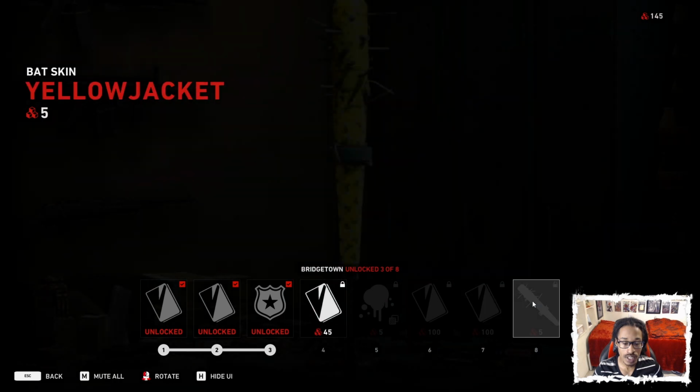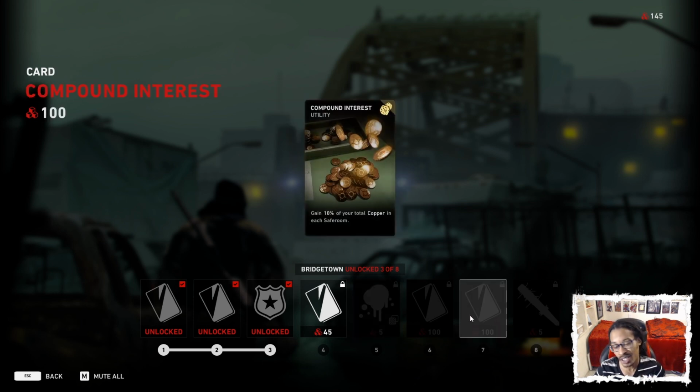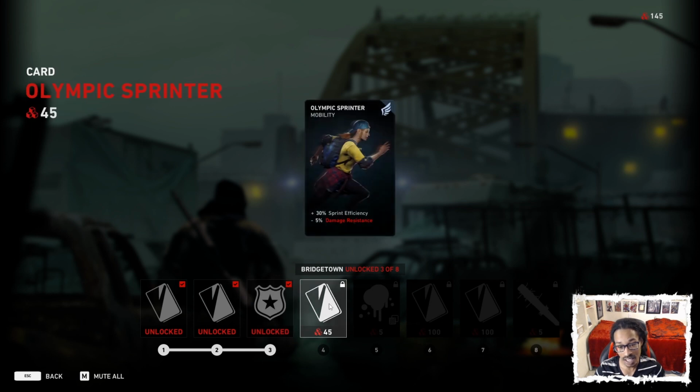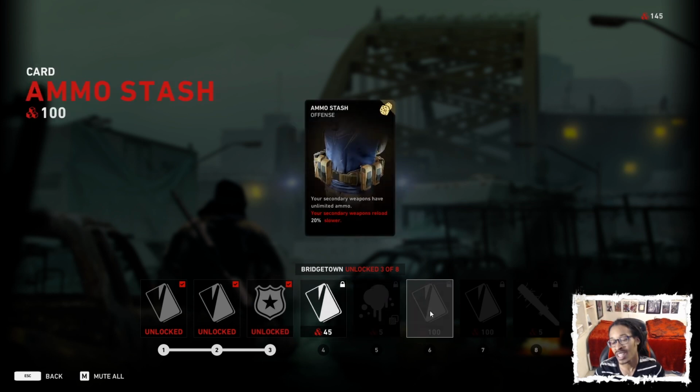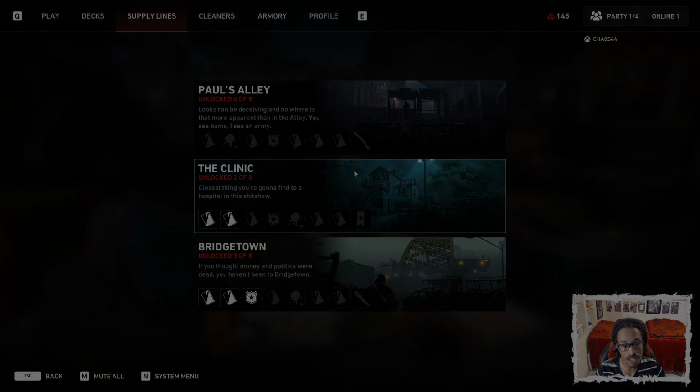So the area in Bridgetown gives you, I want to say, a combination of what you'll need, not necessarily offensive or defensive, but right in between. So let's say, 10% of total copper gain for each safe room. That's something that's gonna happen in between game, as well as sprint efficiency, kind of in between game. But if I'm gonna be honest, something like your secondary weapons have unlimited ammo feels like an offensive thing to me, but like I said, it's a combination of both in between. In fact, if we want to get a little deeper into this...